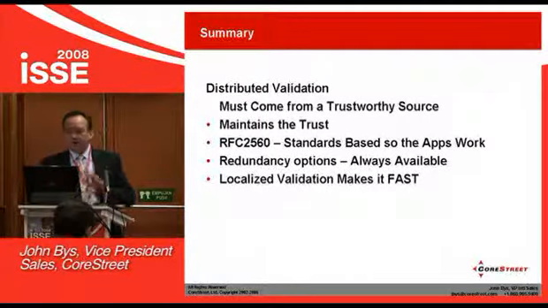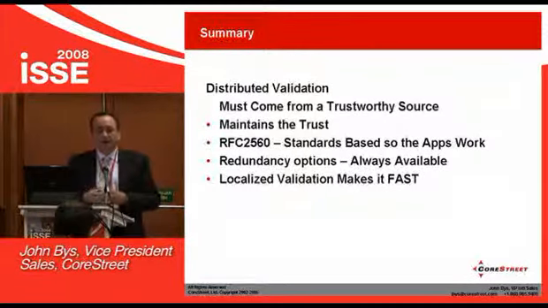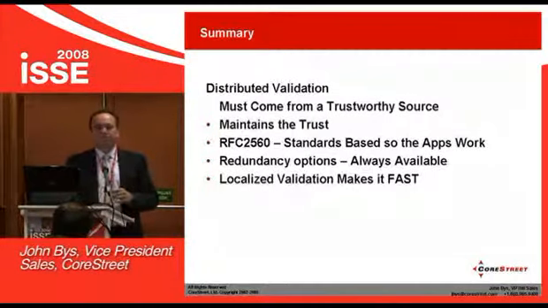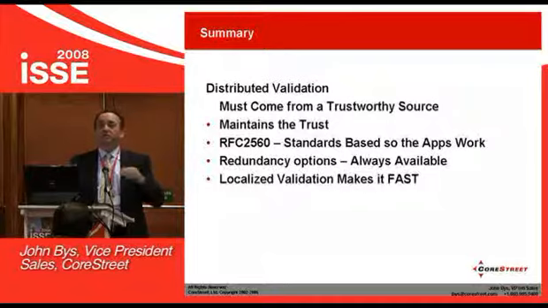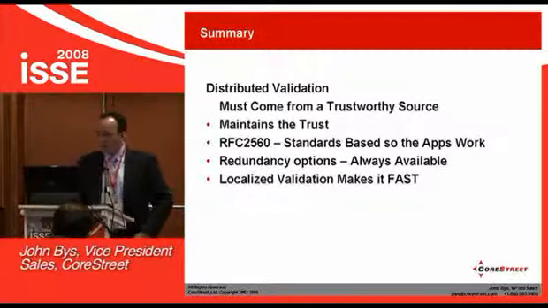Making sure that we address reliability, availability, and speed are also addressed by this distributed model. Making things local means it's very fast. One of the programs we work with has a large number of revoked certificates. We're talking in the neighborhood of about 30 million revoked certificates as part of their program. These identity cards that are part of that program are used around the planet. Their average validation response time from the application is under 1/10 of a second. So it's faster than I notice anyway.